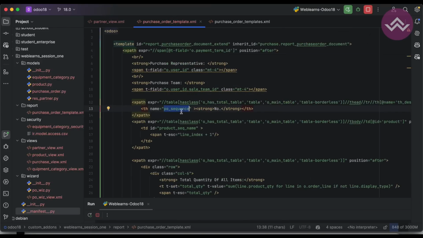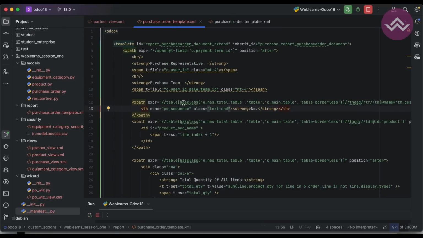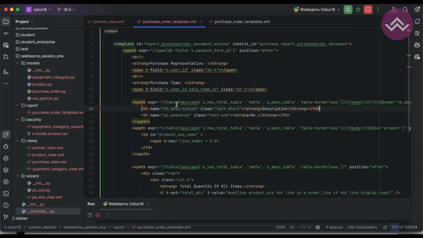Let's say I will use here image description name, dx sequence. Use like this,